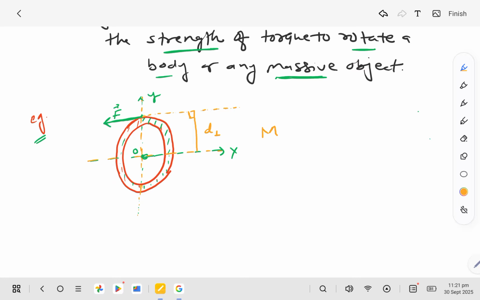So the moment of force M about point O is the magnitude of force